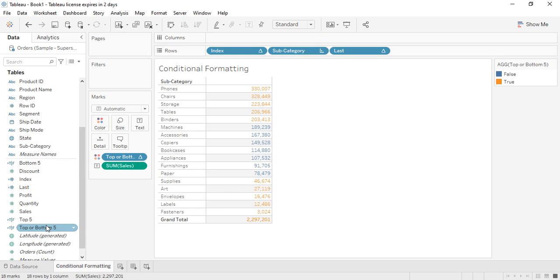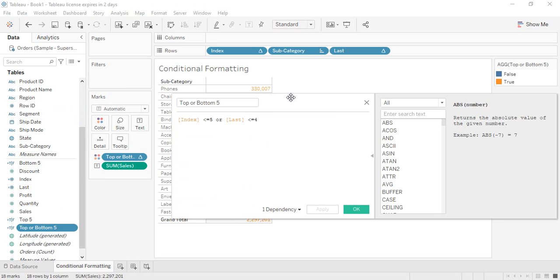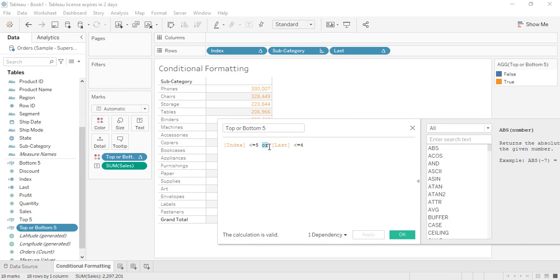Again, we have different ways through which we can apply these conditions, or we can edit this calculated field that we have generated. Just like OR, we have this AND option. AND requires some data in a similar way to the OR condition, but what the OR condition requires is that if either of the values is true, then OR returns true. In AND, both of the values need to be true so that it returns true. So that is the condition that is required.